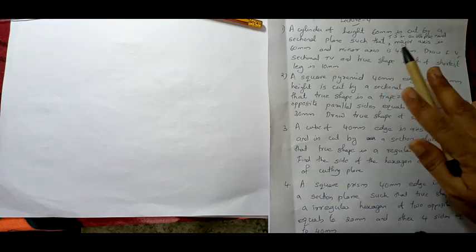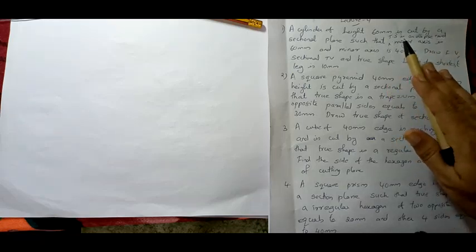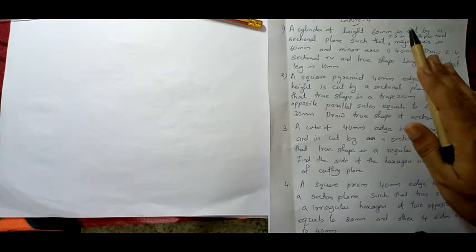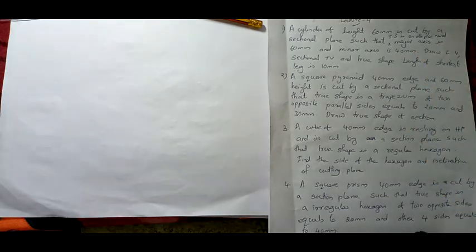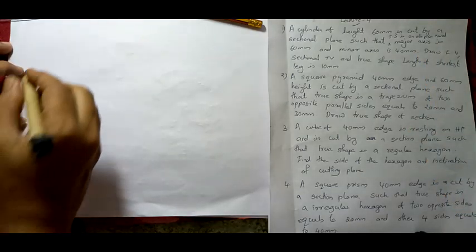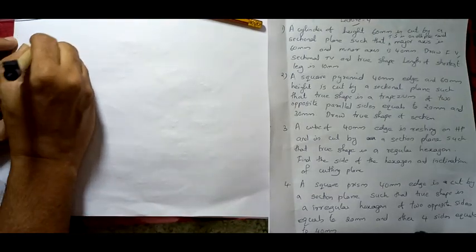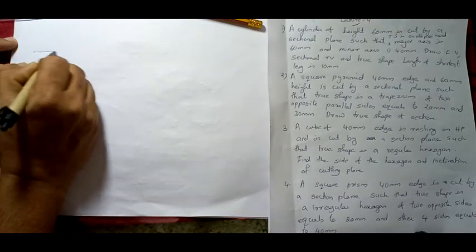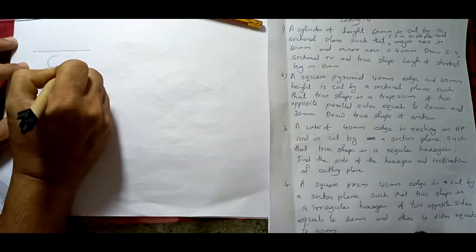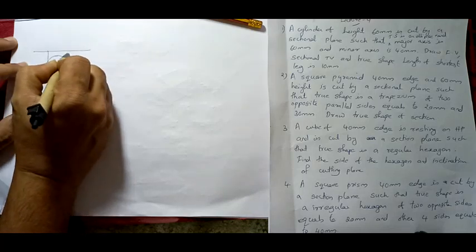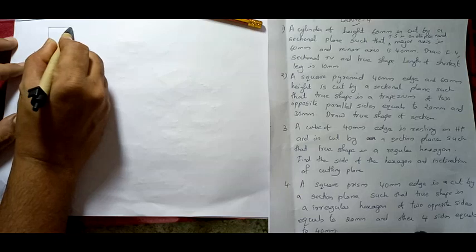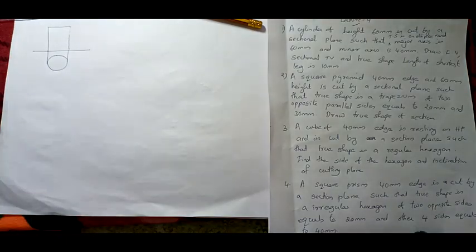So it's a cylinder and we have to cut out an ellipse from a cylinder. How to cut an ellipse from a cylinder? First we will see how. So roughly I am drawing, this is a rough figure. Cylinder resting on HP, top view and front view I have constructed. This will be your top view and front view.